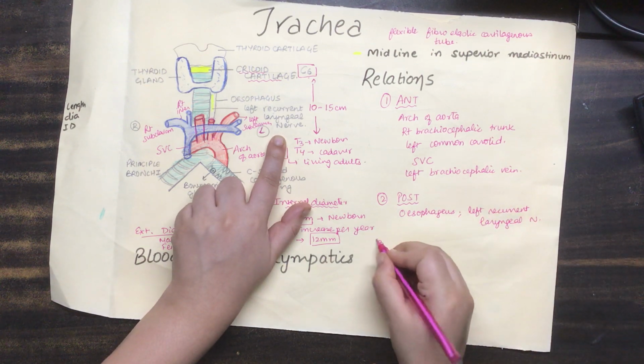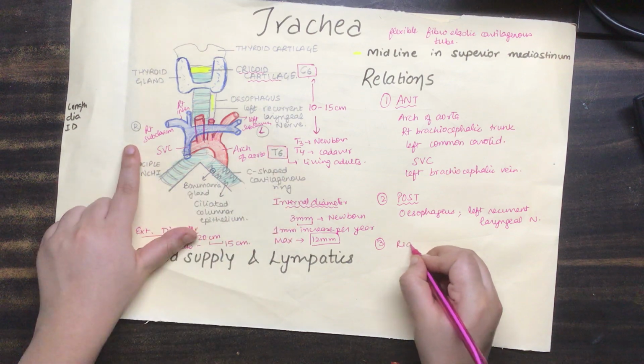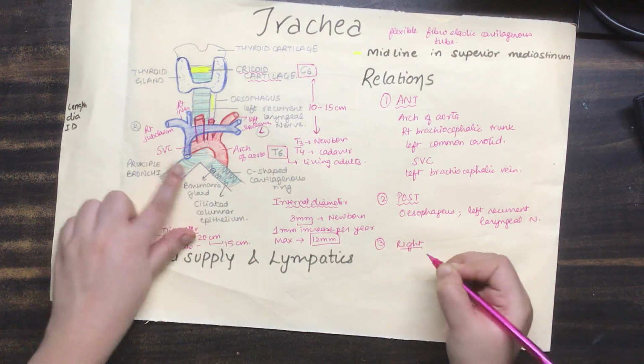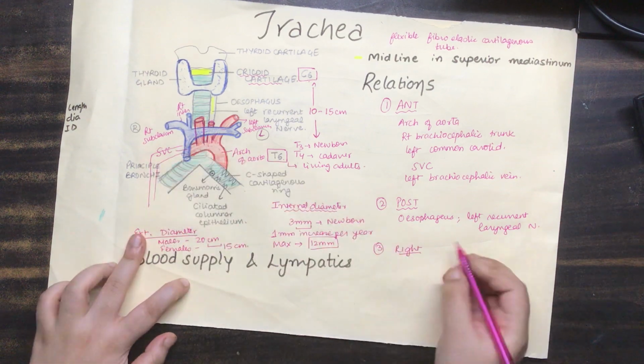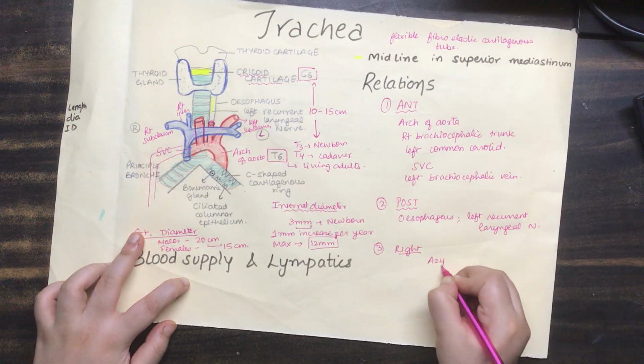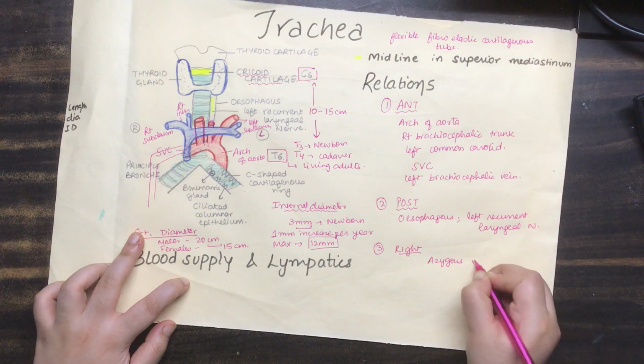Now we are going on to the right side. Now this is the right side. अब right side में you know कि यहाँ पर SVC है, तो यहाँ पर कौन आएगा? Azygous vein, है ना? So यहाँ पर अगर SVC आती है तो we'll have the azygous vein here, and other